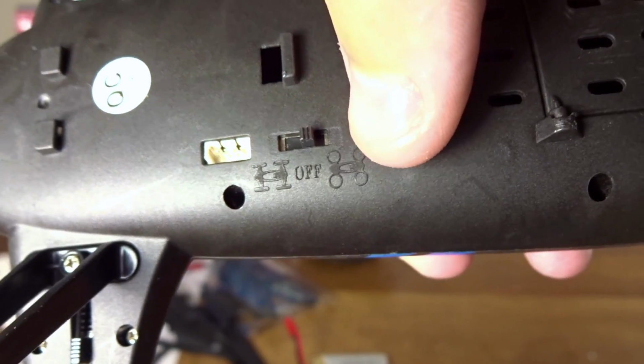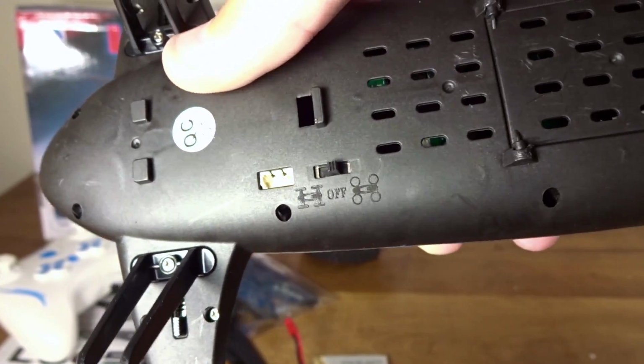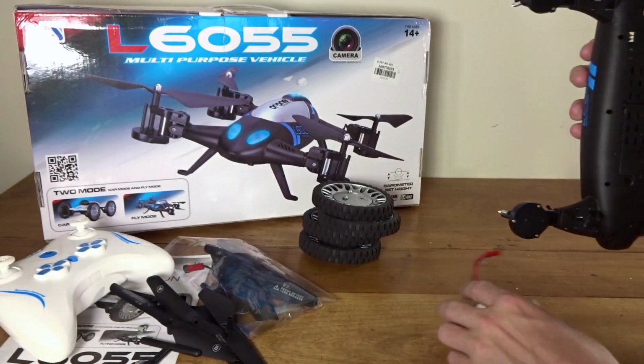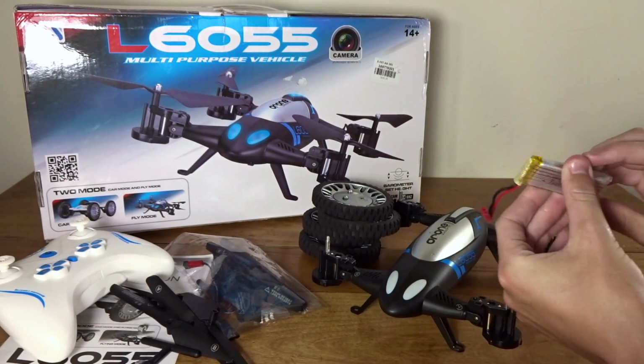And then this little thing is, you switch it that way for driving. You switch it in the middle for off, and this way for flying. So that's all you have to do to switch it there. It's pretty convenient. But other than that, it takes about an hour and a half to charge up the stock